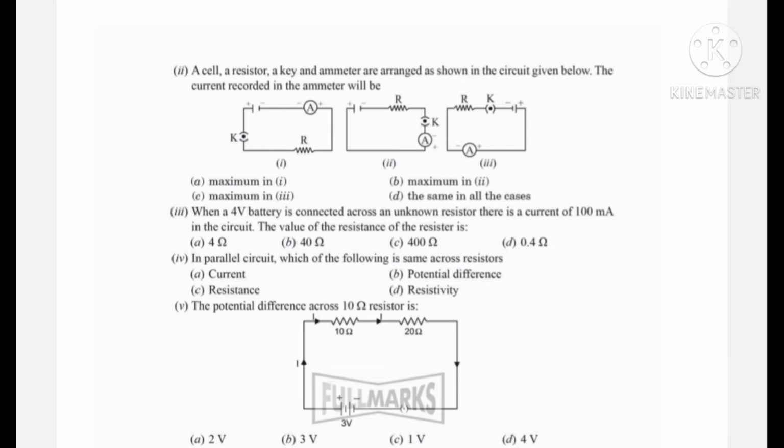So you have to find the potential difference across the 10 ohm resistor. You know, in a series connection, the potential difference will vary according to the value of resistors, right? But the current will remain the same. So anyway, the potential is different for 10 ohm as well as 20 ohm, and you have to find it by using the equations that we have discussed in Ohm's law. Okay, so try to find the answers of these questions.